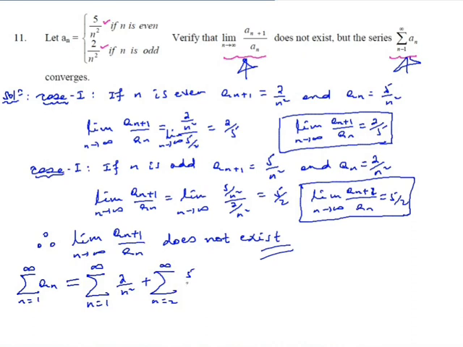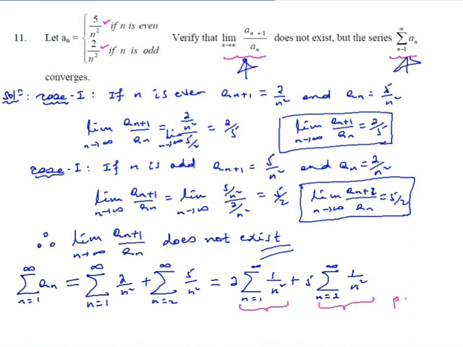5 over n square, right. So how can this be written? This is the same as 2 times the summation n starts from 1 up to infinity of 1 over n square, plus 5 times the summation n starting from 2 up to infinity of 1 over n square. So obviously this series is convergent by the p-series test. This is also convergent, since p is 2; by the convergent p-series, it converges. Therefore